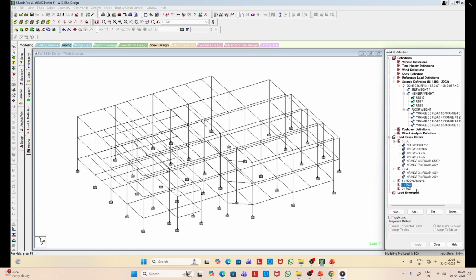And in fact, for that, there are different load combinations that will be automatically generated along with appropriate load factors that we will see in a minute. However, the first thing first, we need to readjust these two load cases, and let us do that first.